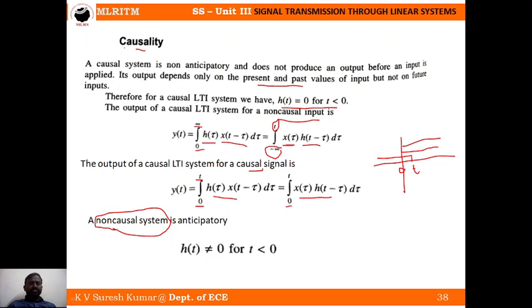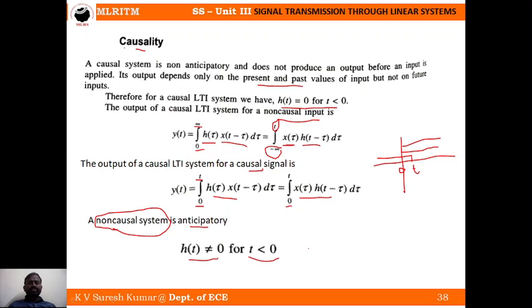Okay, so it depends on future inputs. It is an anticipatory system. So h of t will not be equal to 0, it will have some value for t less than 0. So such kind of systems are non-causal systems. So h of t, the impulse response, will have value for t less than 0. Such kind of systems are